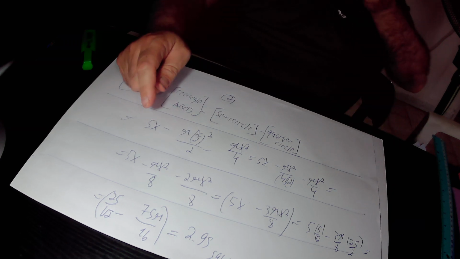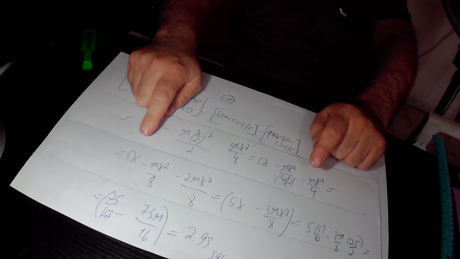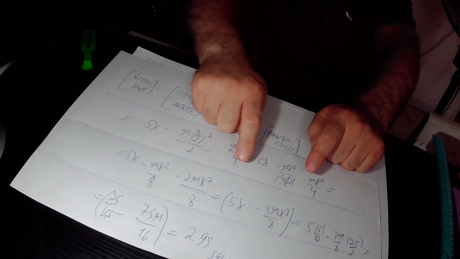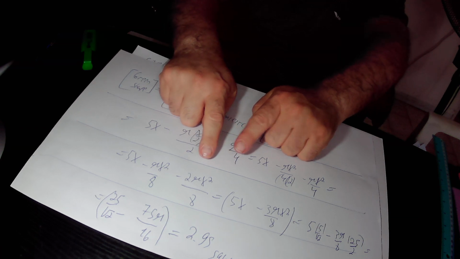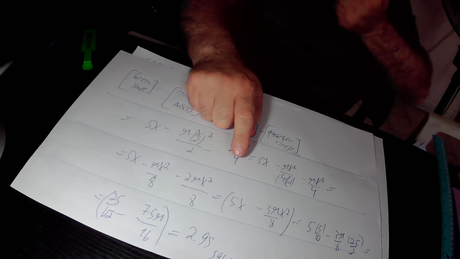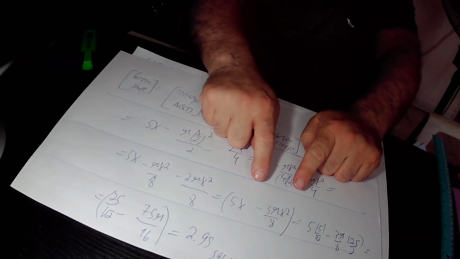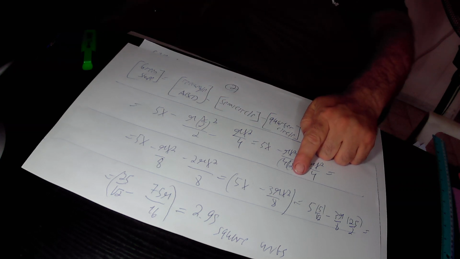So the green shape equals this expression. This expression equals 5x. And here we have minus pi x squared over 8 minus 2 pi x squared over 8, which equals minus 3 pi x squared over 8. So in total, we have found out that the area of the green shape equals 5x minus 3 pi x squared over 8. But we already found out that